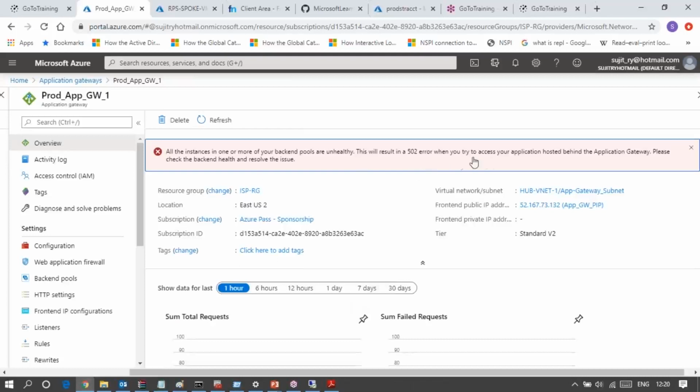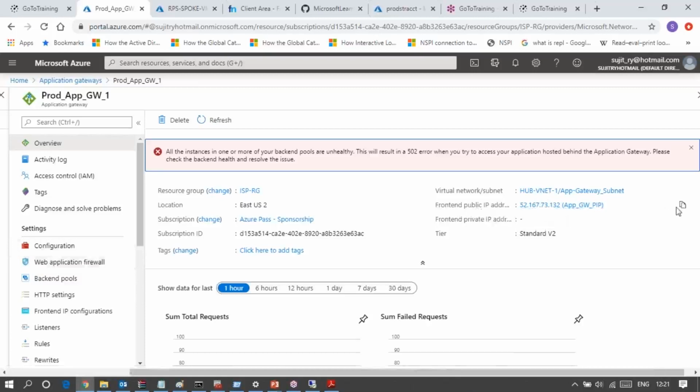It will result in a 502 error, because it is checking the backend pool with a specific service which is not responding properly. That's why the error is showing here. So please check the backend health and resolve the issue. I can check the backend health, no problem. So this is the public IP of the web application gateway.